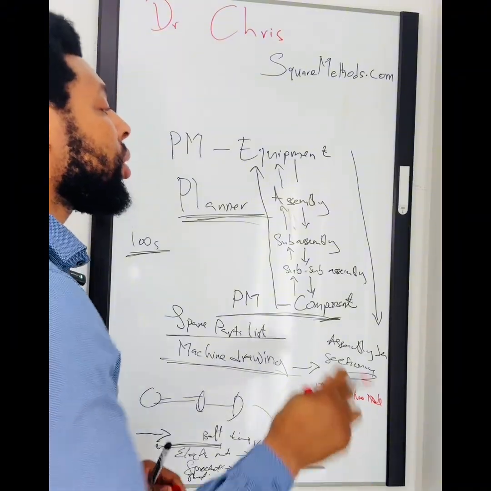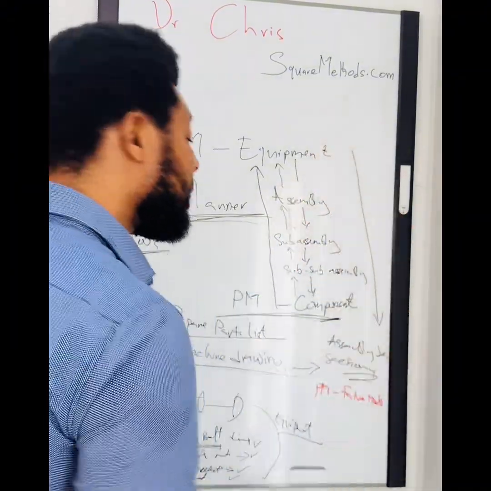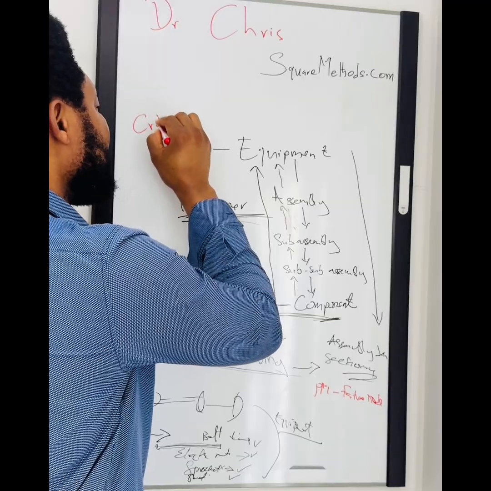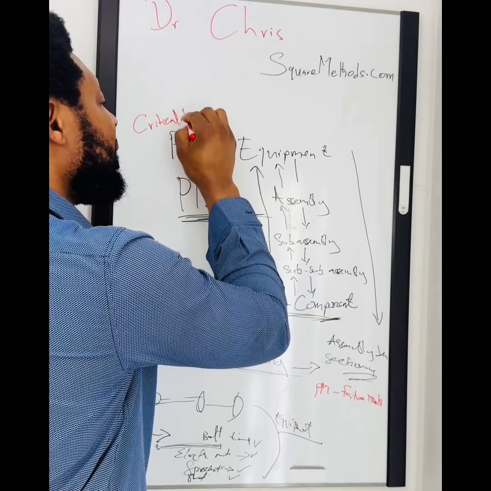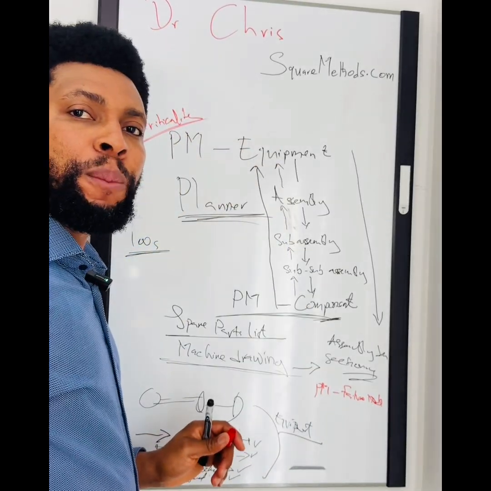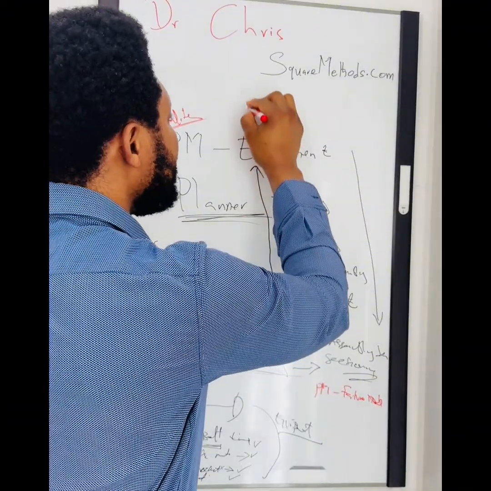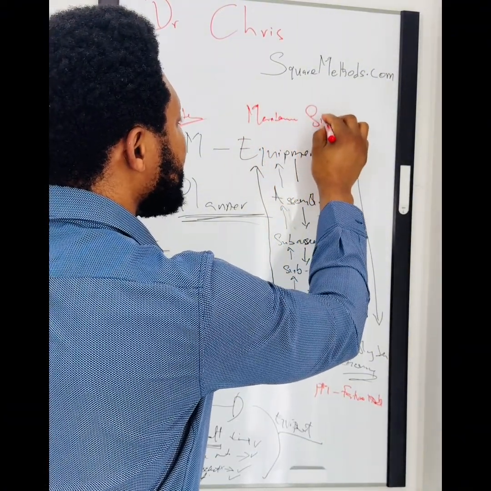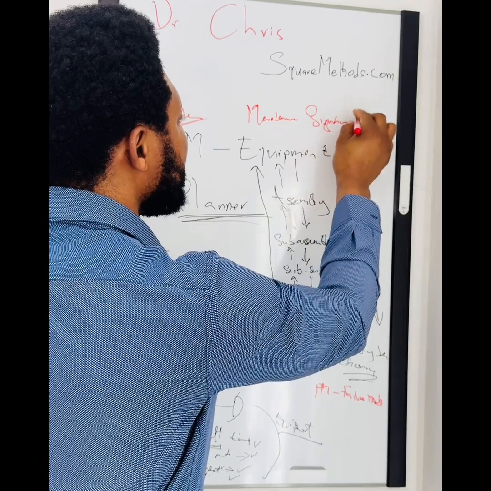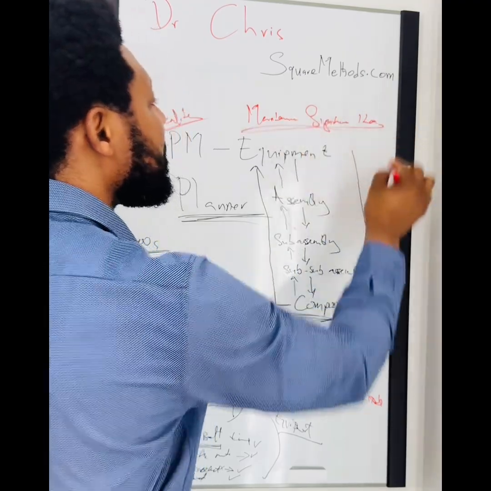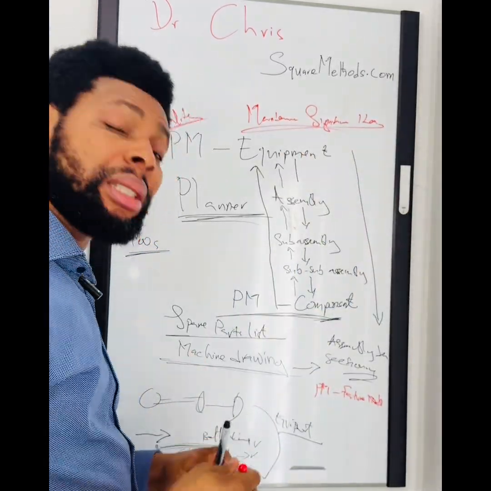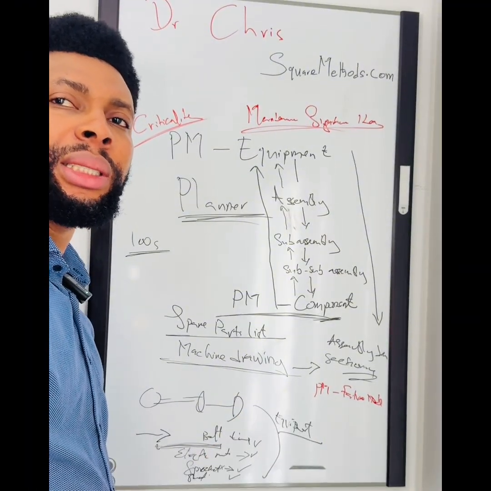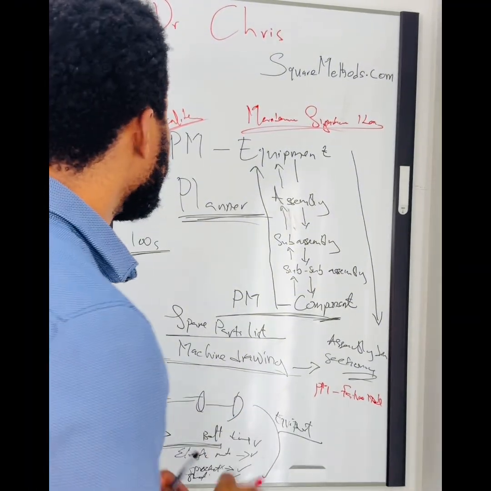By the way, you are not going to define for all the components. It's going to be based on criticality. Because there's what we call a maintenance significant item. So these are the parts of the machine that require maintenance. Not all parts of the machine require maintenance. For example,